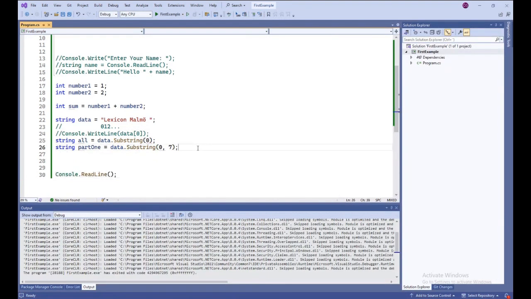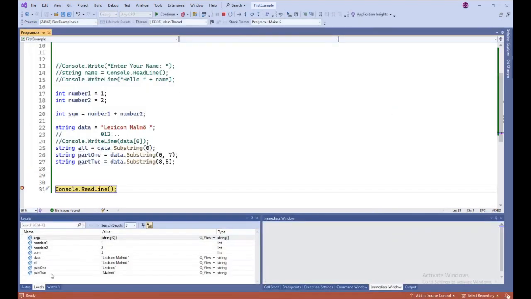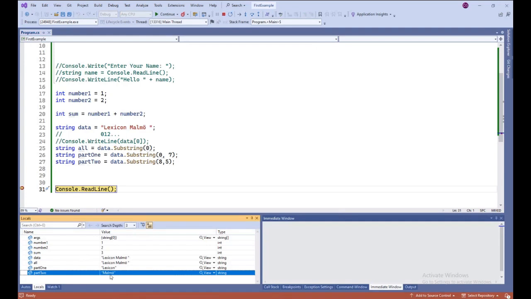Let's create another string, part 2, and let's start from character 8. Yes, and let's take five characters. It will start from index number 8, and five elements that we will get from the given string. Let's put a breakpoint again, run the code, and then part 2 has the Malmö,